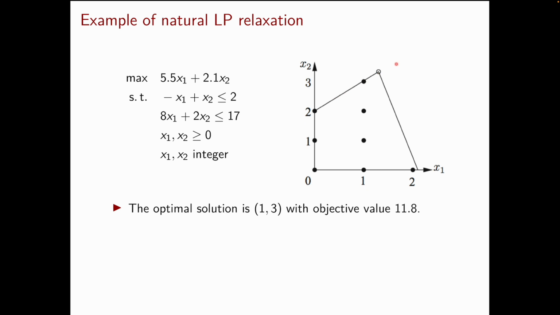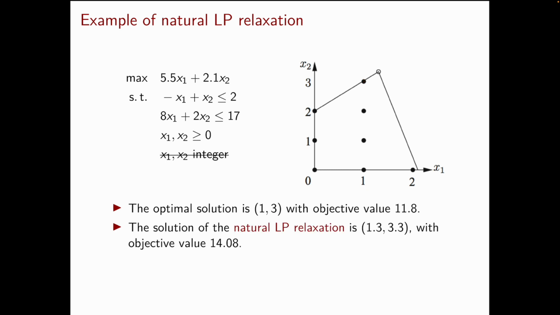We have the two linear inequality constraints, which are these two, plus we have the two non-negativity constraints that are also linear inequality constraints, of course, and they give us these two inequalities. And so the feasible points are all the integer points contained in this quadrilateral. This is a very small integer program with only 8 feasible solutions, and by enumeration you can check that an optimal solution is the vector (1, 3). And its objective value is